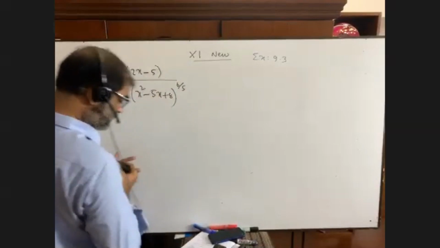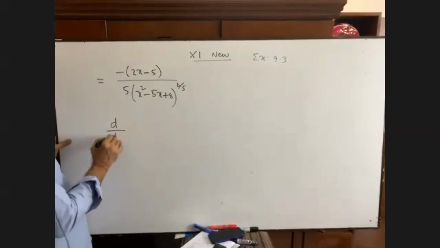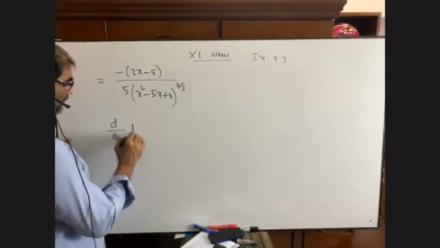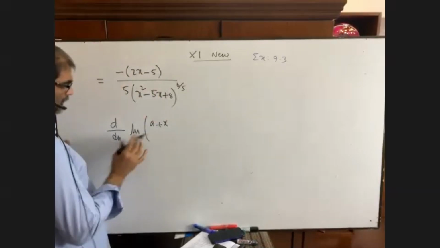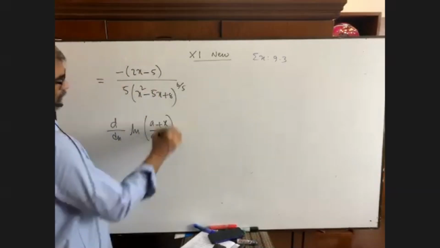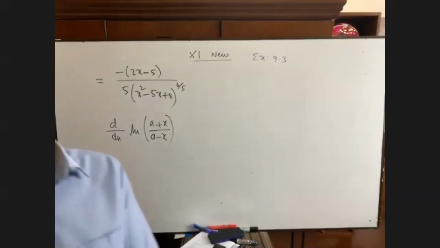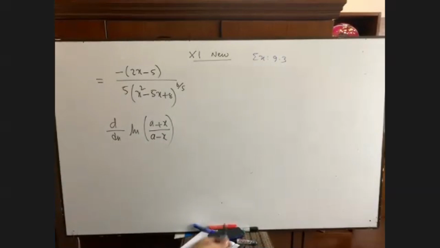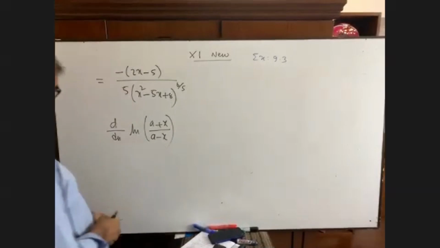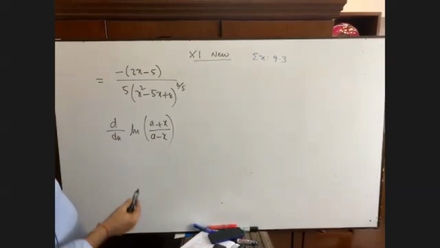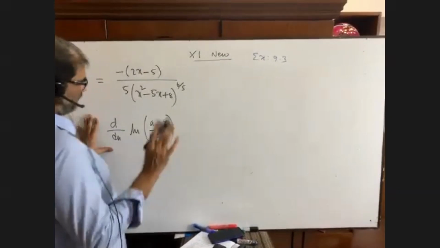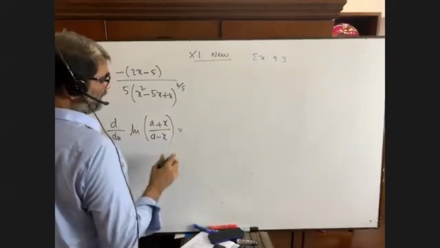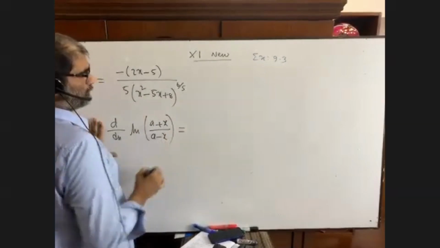Now, yes, you're right. d by dx, write down ln. Now you do it. If you can do, though I am left with only 2 or 3 maths like this only. Okay, do it. If you can do, then I'll come to know that yes, you would do all maths. Can you do? Yes sir. What will you do? Sir, first it will be a minus x by a plus x. If you do the math like this, it will take 50 pages.